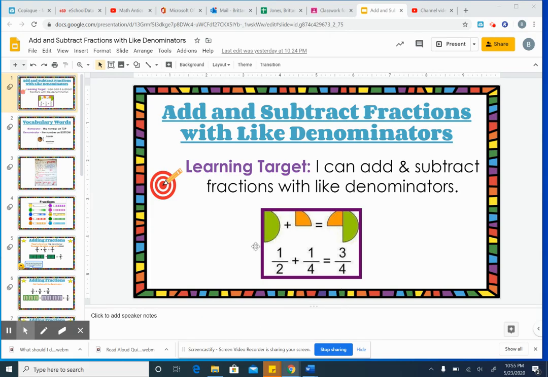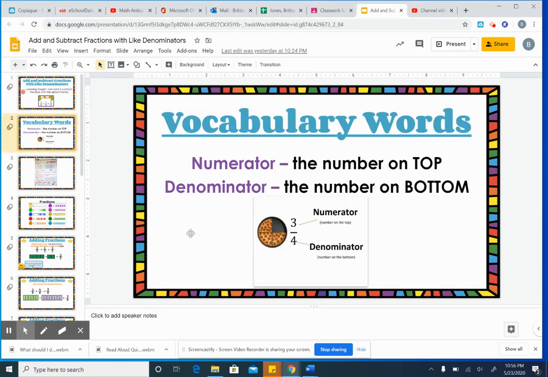As you can see here from the picture, we're going to be talking about fractions, and we'll review some vocabulary words right now. So, the word numerator means the number in a fraction that's on top, and the denominator is the number that's on the bottom of the fraction. Okay,